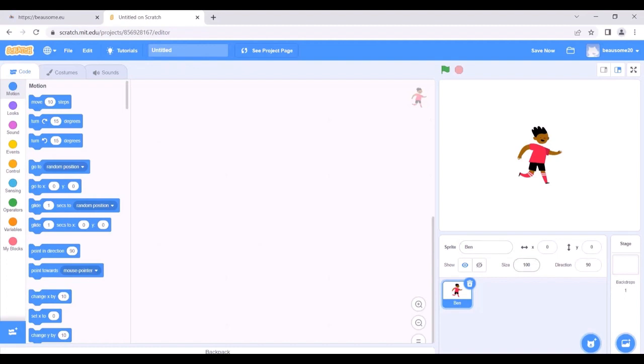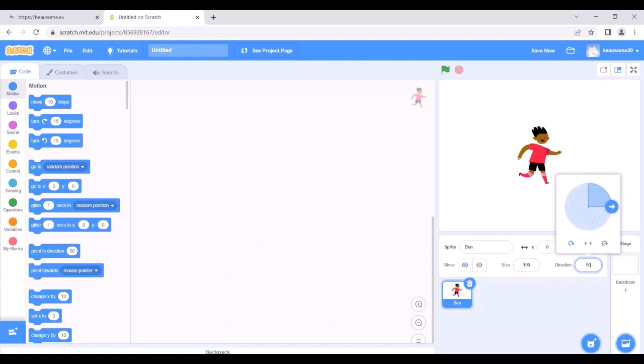Moving on, we have size area, which if we increase to 150, our sprite will increase. If we change that to 50, our sprite will decrease its size. So you can change that according to your needs. I will put it back to 100.